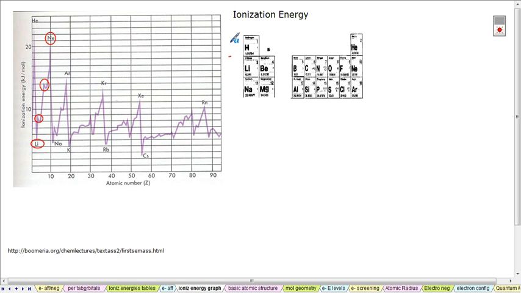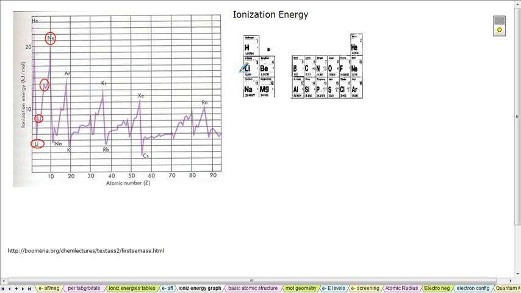What we've got here is a little graph that shows us the different levels of ionization energy for each element. Now, ionization energy, again, is the amount of energy required to remove an electron, the outermost electron, from an atom, thus forming an ion. We can see that hydrogen is down here, and of course helium, a noble gas, is up